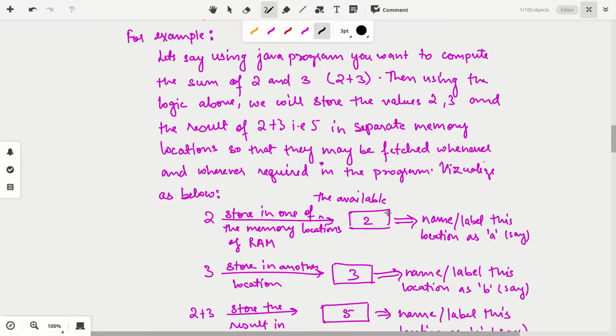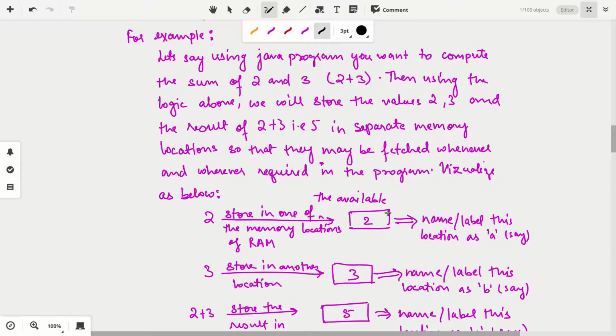So 2 things you need to do in order to store values in one of the memory locations of the computer. The first thing is, you will request a memory location, the computer will look inside its RAM and give you one of the available memory blocks, or the bytes as you say, you will put the value in it, and then you will label it. You will give it a unique label which has not been assigned to any of the boxes till now.